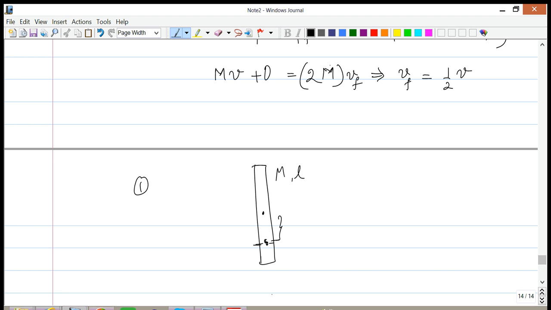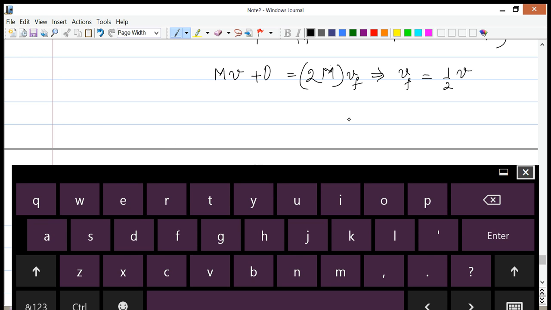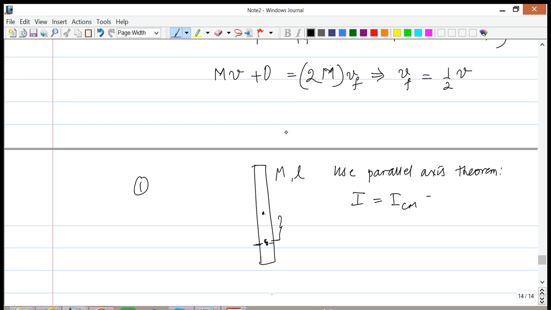And to calculate this, we can do one of two things. We can either just do a full calculation by doing the integrals, which, try it out, do it, or we could use the parallel axis theorem. Okay, so we're going to use the parallel axis theorem, which states that the moment of inertia about an axis parallel to a known axis is going to be equal to the moment of inertia about the axis through the center of mass, plus m times whatever the distance from the center of mass is, squared.